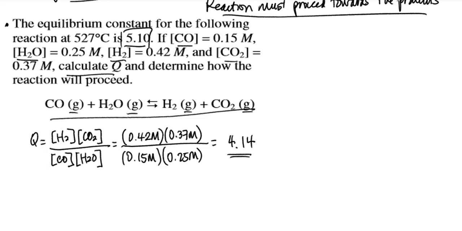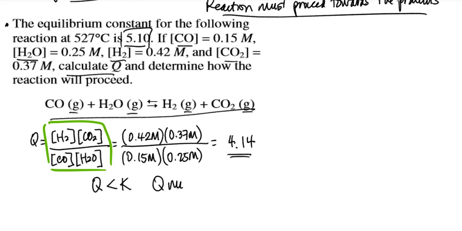So that means this is another example where Q is less than K. And so looking at Q and its expression, I see that it is a fraction, a ratio. And so, as I mentioned earlier, the reaction is going to try to change in such a way that Q will eventually equal K. And so since Q is less than K, that means that Q